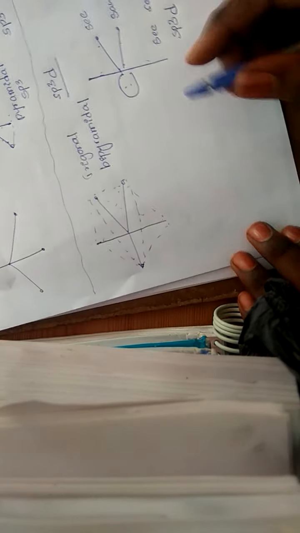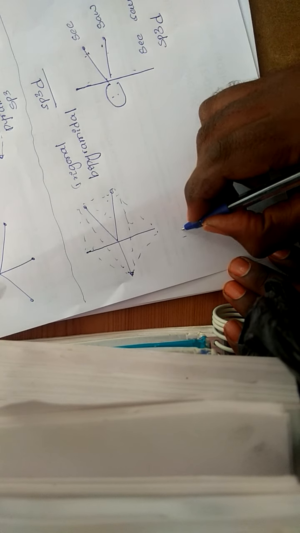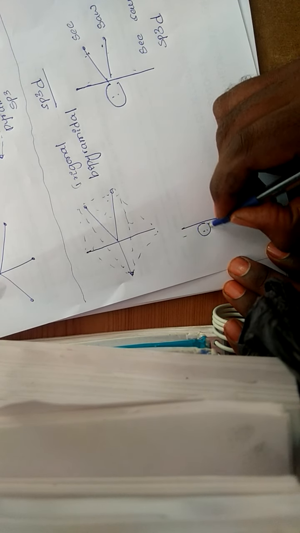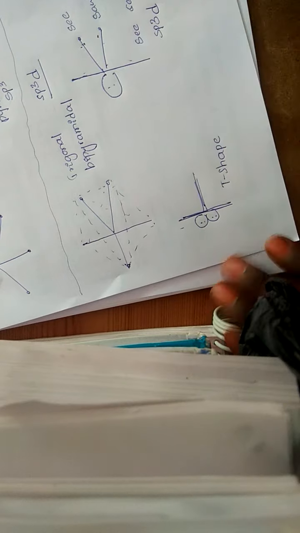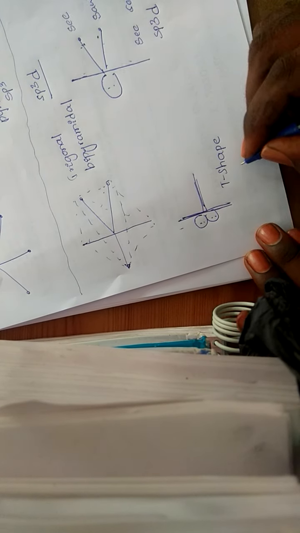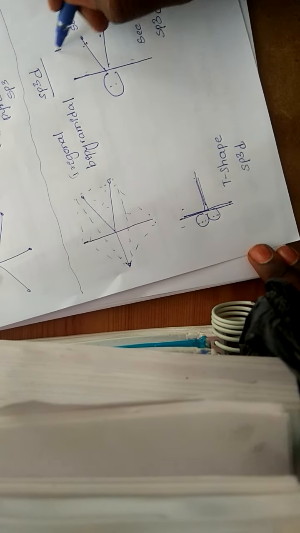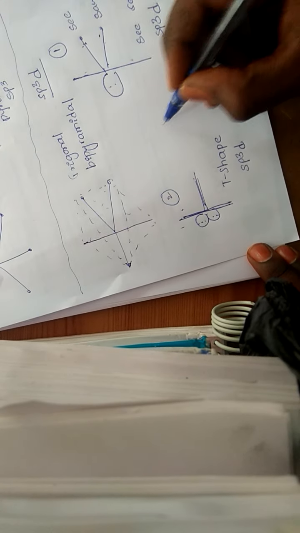Now one more hybrid molecule I can write. I can remove one more bond from here. So two lone pairs I'll get, and three bond pairs. What is the shape of this? This is like a T shape, no? So T shape. But hybridization is same like the parent molecule. So that is 1, 2, 3, 4, 5, same, sp3d. So this is the parent molecule. This is the first hybrid structure. This is the second one. Then the third one.